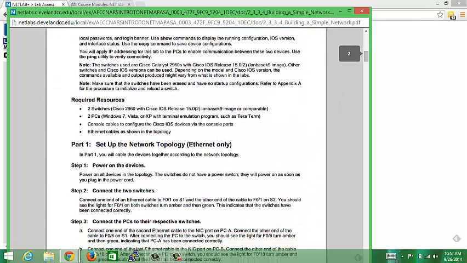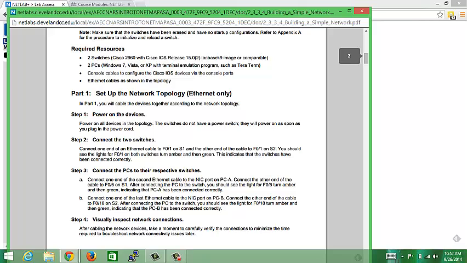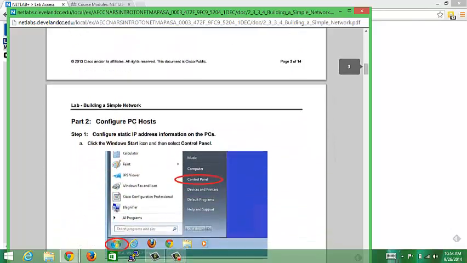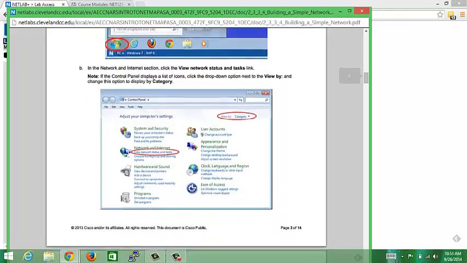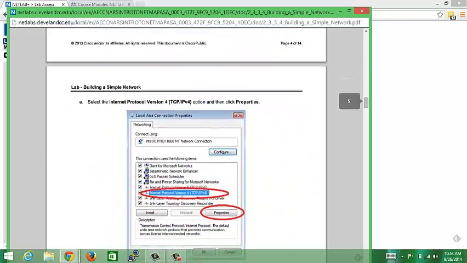We have some background information. Tells us that we're going to use 2 switches and 2 PCs. We're going to have console cables to console in, and our Ethernet cables also need to be connected. This is if you were connecting it in the Live Lab. I'm going to show you both a Live Lab example of this lab and the Netlabs version of this lab. For the Netlabs version, we're going to continue on down through the instructions, and we will begin at part 2, step 1. We will omit